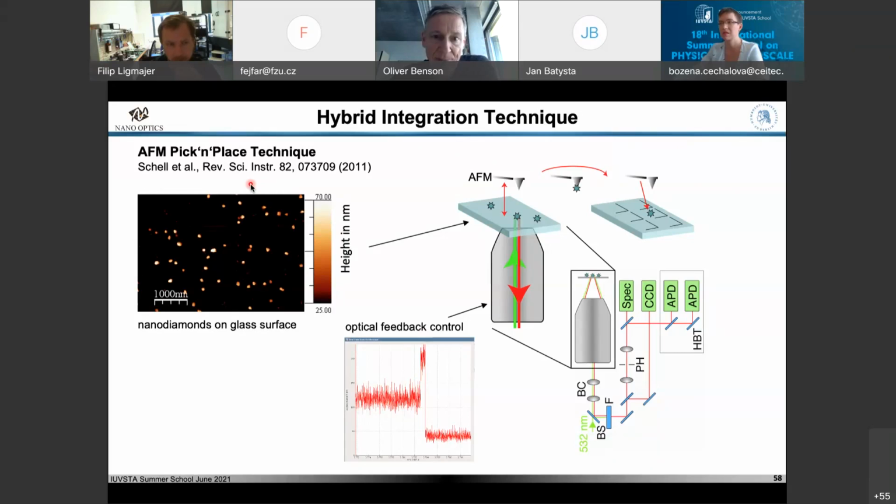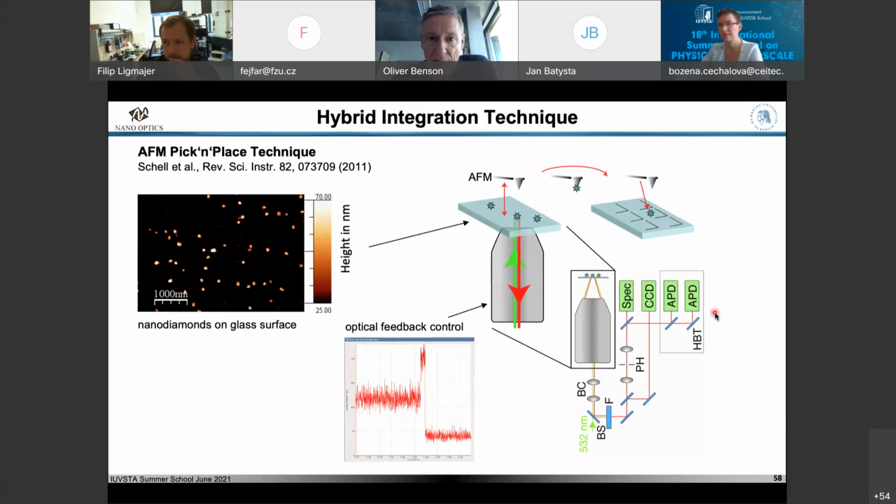It uses AFMs. And the idea is the following. So we start, in our case, one example with a glass sample with a nanodiamond here, and we put it on a glass substrate. And we select out during optical measurements one emitter that we like, and then we attach it to an AFM tip and put it on another glass substrate or another waveguide. And let me just jump forward to one slide. This will be then maybe the last slide that I will be showing.